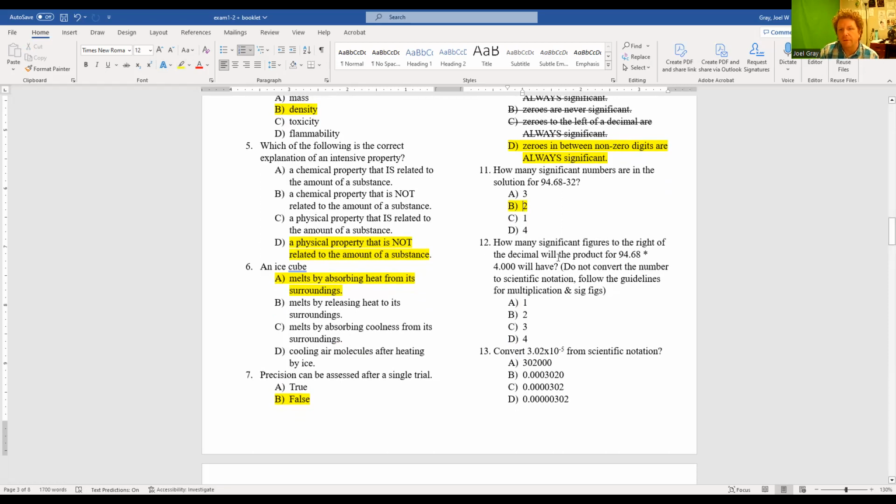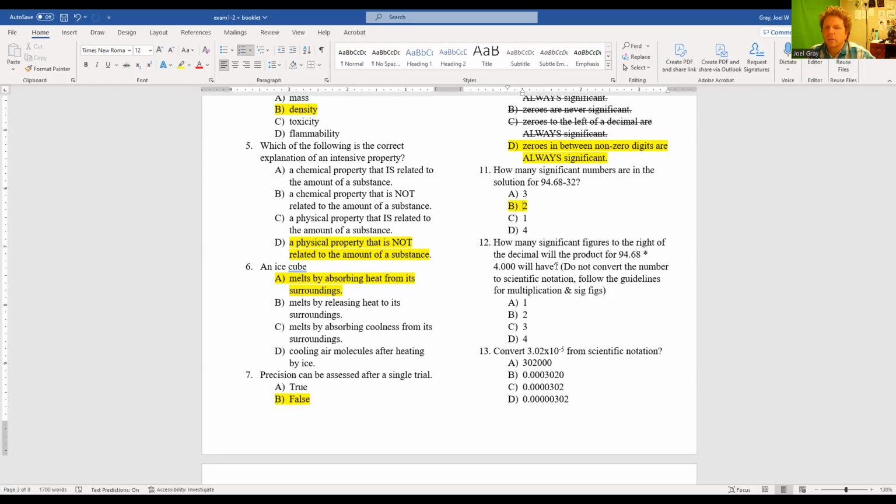Question number 12. How many significant figures to the right of the decimal will the product of 94.68 times 4.000 have? Do not convert the number to scientific notation. Follow the guidelines for multiplication and significant figures. Okay, so we've got 94.68 times 4.000. Whenever I do that, I end up with this number right here,